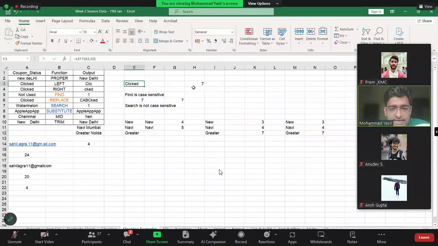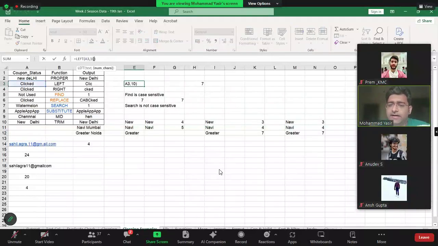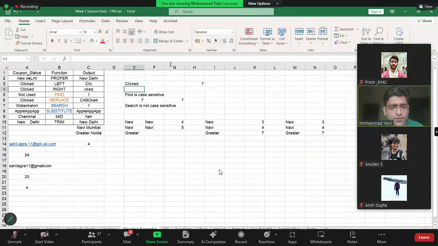Now, the length of my string is 7 here, but if I give a value greater than 7, it will not throw an error. It will simply give the entire string. That is one more thing you need to be mindful about. Okay, no error there. Correct?